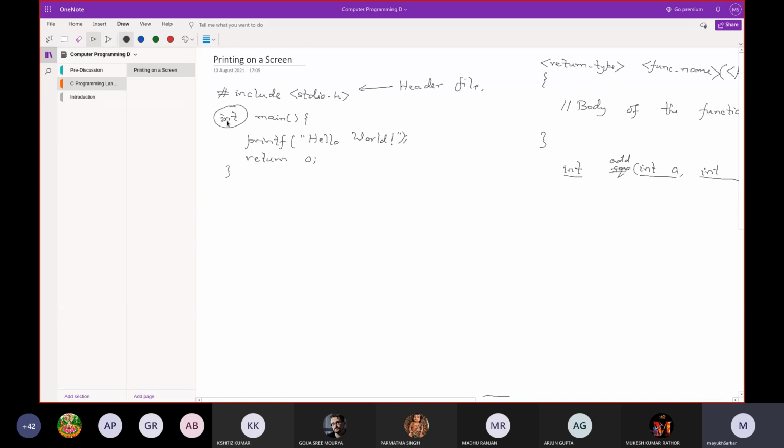As for example, when I am writing int here, that means every function, I am just mentioning some properties of a function in fragments. You will be able to link each and every factor of these. In fact, we will go into a much more detailed discussion of functions in a later part of this course. So every function can return some data.